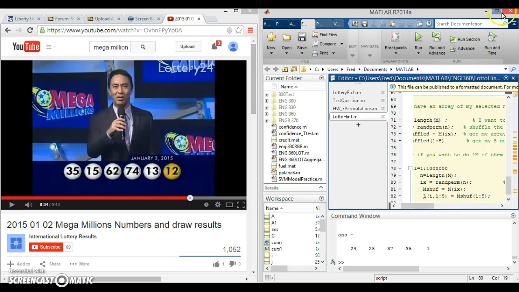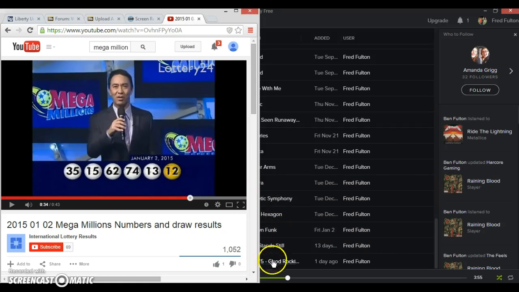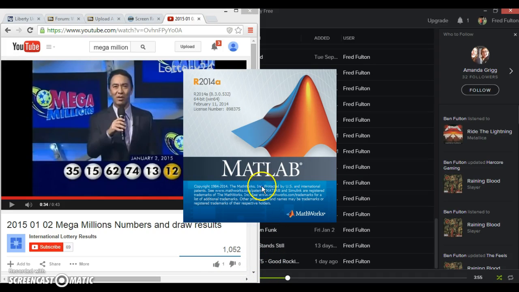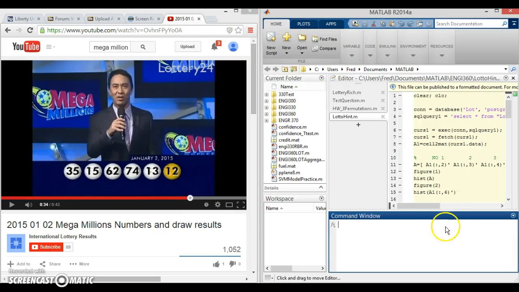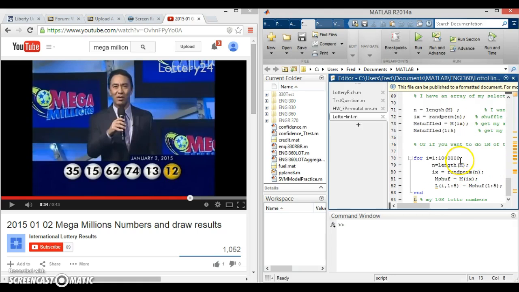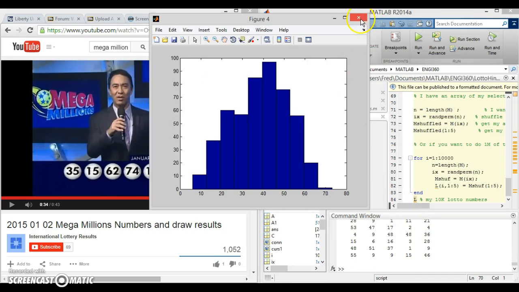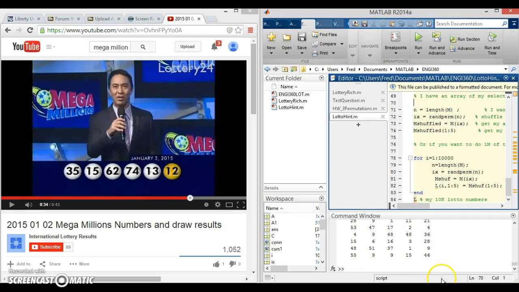So if we close down MATLAB, hopefully it closes. Yeah, stop that exit because it wouldn't continue processing. I can open it back up and adjust the formula so that we don't have to consider 1 million, but we can consider at least a more suitable sized formula. So let's say we want 10,000. Let's go ahead and run that, and then